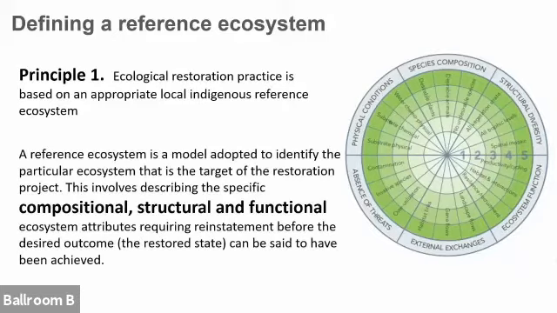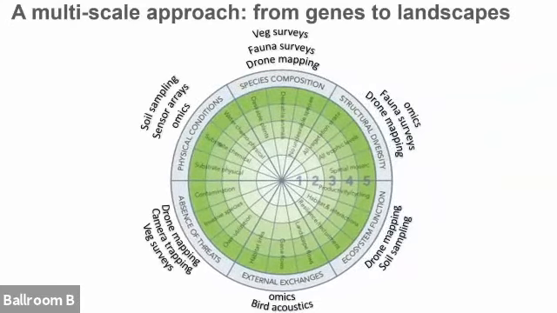So if we drill down underneath that definition, it says that a reference ecosystem is a model that's adopted to identify the particular ecosystem that is the target of the restoration project. This involves describing the specific compositional, structural, and functional ecosystem attributes requiring reinstatement before the desired outcome, i.e. the restored state, can be said to have been achieved. So I point at compositional, structural, and functional words because that's going to be a focus of the talk going forward. So we'll look a little bit closely at some of those